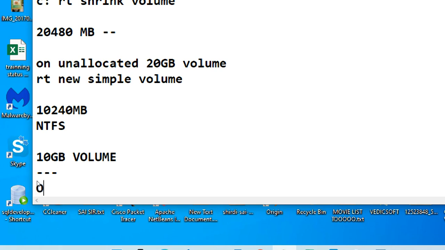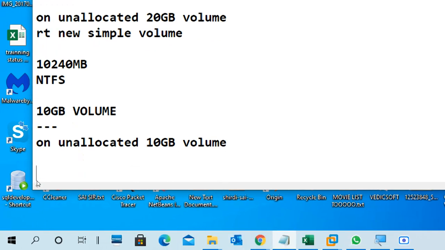Again on the unallocated space, the 10 GB volume is there. The remaining is a 10 GB volume. So right click, new simple volume.